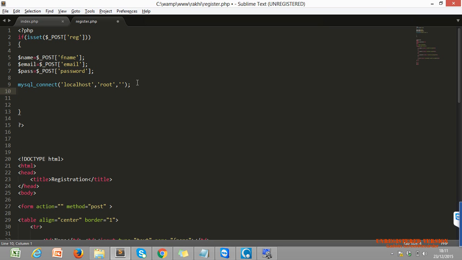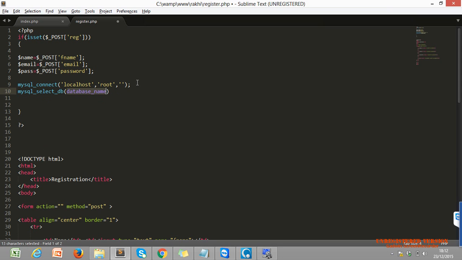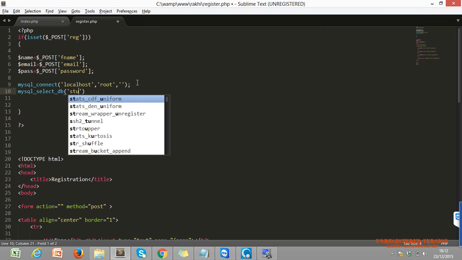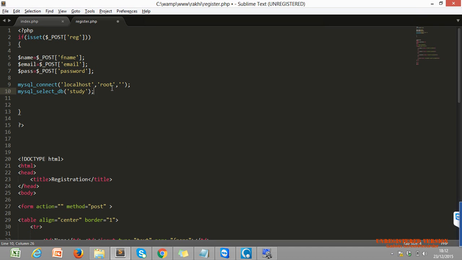Second line, for selecting the database, mysql underscore select underscore db, our database name. What is our database name? Study. Whatever the name is, you can just write it here. So our connection has been established.